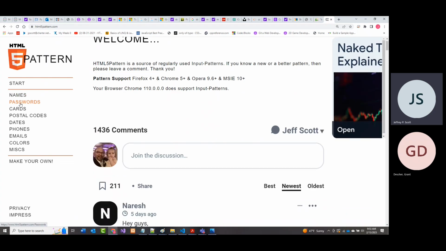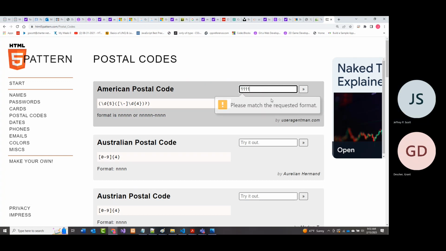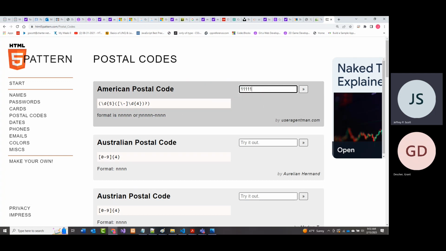So it says in here, postal codes, that would be like a zip code. So if you want to set it up for an American one, there it is. So I could even try it, and if I don't use the pattern correctly, it'll give me an error. Please match the requested format. If I put in 4 numbers, the same thing. 5 numbers, notice it matches it. If I put in a dash and I try it, no. But if I put in a dash with 4 more numbers, then it's okay. All right. And this is called